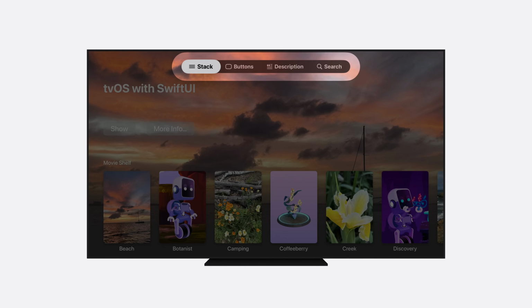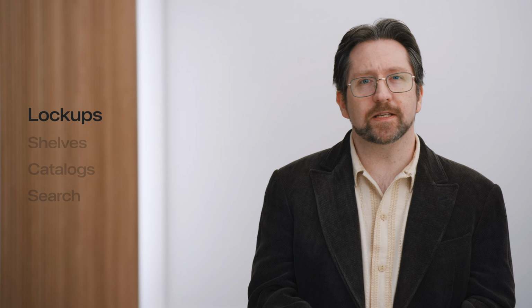In this talk, I'll teach you how you can build the familiar lockups used by Apple apps like Music and TV. I'll introduce some great techniques to assemble flowing shelves of these content lockups. I'll provide an easy way to put together an impressive layout for your app's landing page, and reveal how to create a smooth search experience in just a few lines of code. Let's start by investigating how to build that lockup design we described a moment ago.